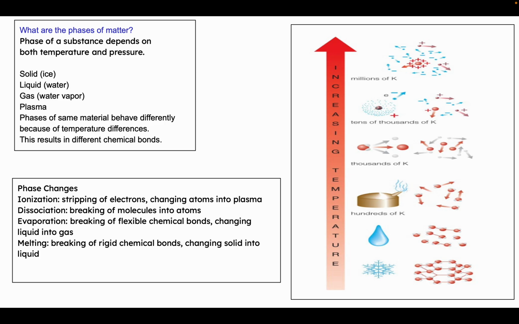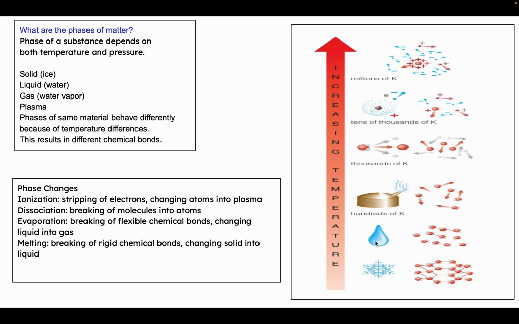Phases of the same material behave differently because of the temperature difference, and different chemical bonds are present within different phases of matter. So now you can see how the phases of water change. First is ice, at the lowest temperature. Then up to a few hundred Kelvin,